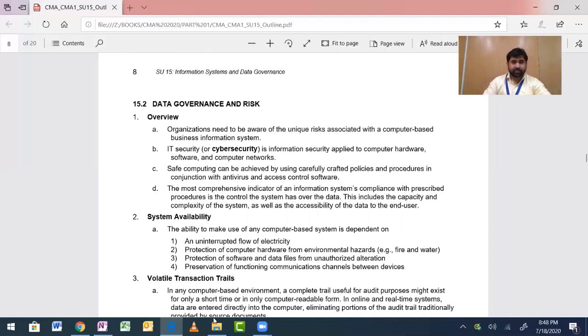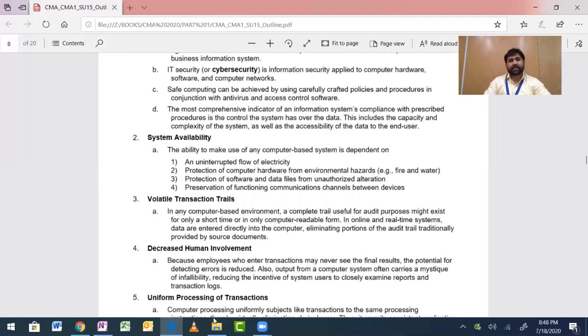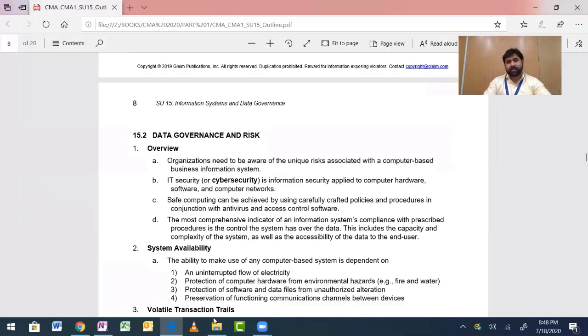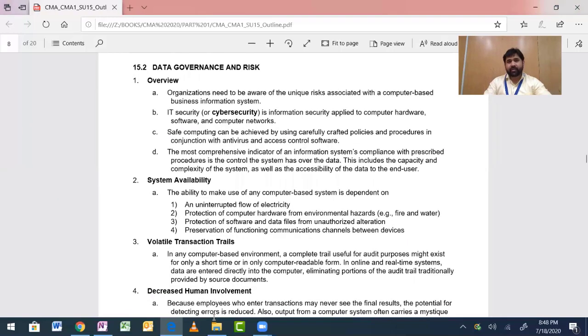First, I want to finish this thing because I am now in the most horrible part of CMA. I feel like I am sinking in this. So let's see, now I think I'll go a little bit faster on this. There's no point reading each and every line. Wherever I have something to add, I will do that, or else I will just go through the pages. I'll ask you guys to read, and then we can utilize that time in doing something where I can be of some value.